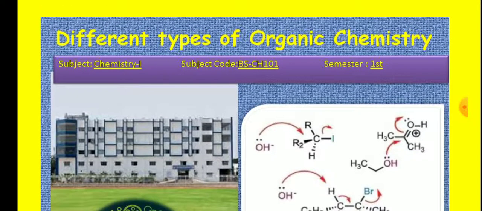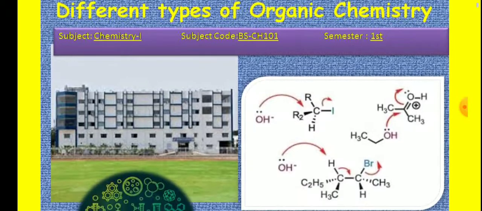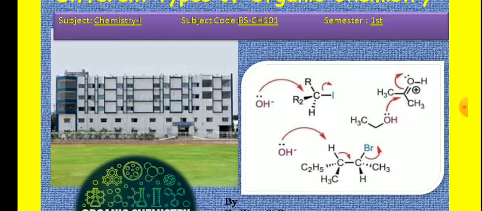Student, today we will discuss the different types of organic chemistry. Here, different types of organic chemistry means different types of organic reactions, different modes of reaction. Here, from this picture,